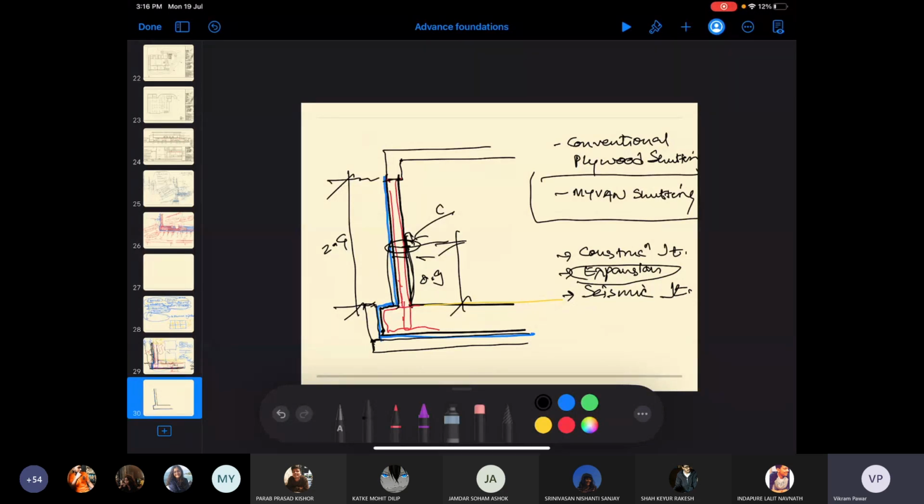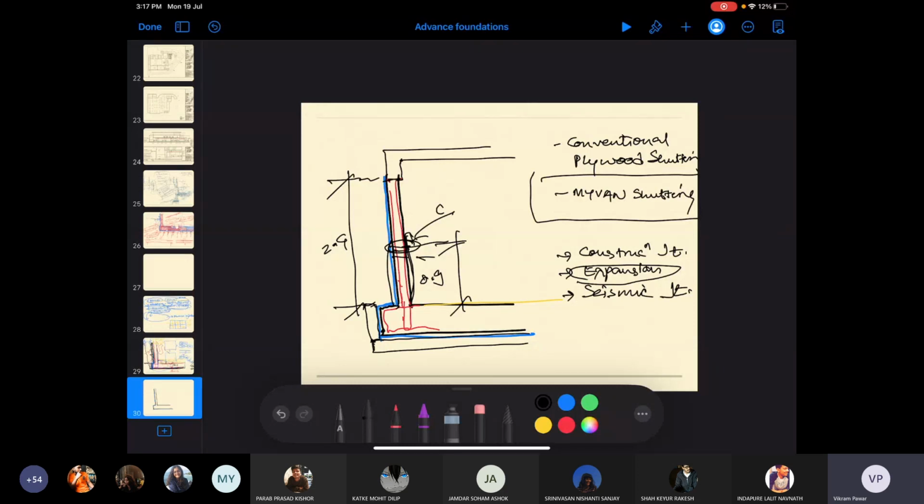Expansion joint is where the building needs to expand. It is a long building, it needs to make a provision for expansion. Seismic joint is where there is a possibility of the building vibrating and it should not pound on the other building, and that's why you have a seismic joint. Construction joint in slabs and walls is where construction in a single flow is not possible. You have to take a pause, a break, and then new concrete is added. So these construction joints are also carefully designed. So this is a construction joint, correct?